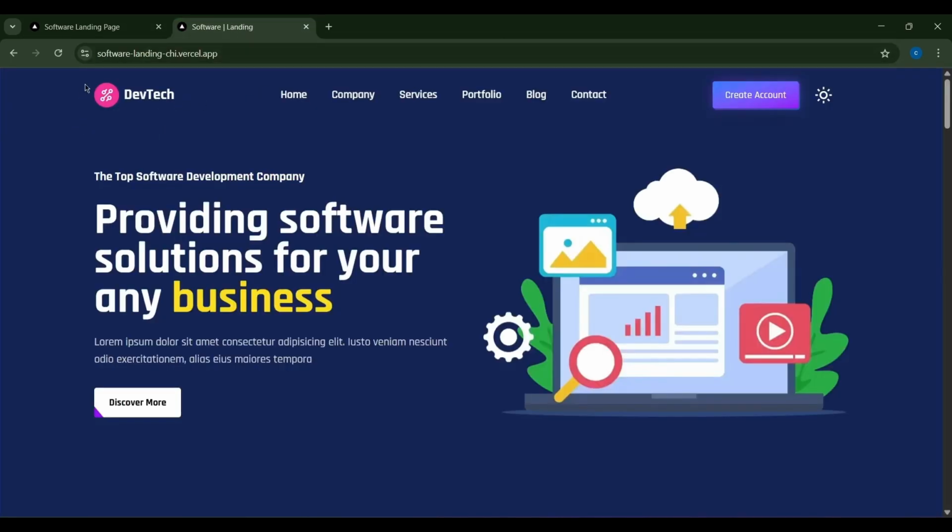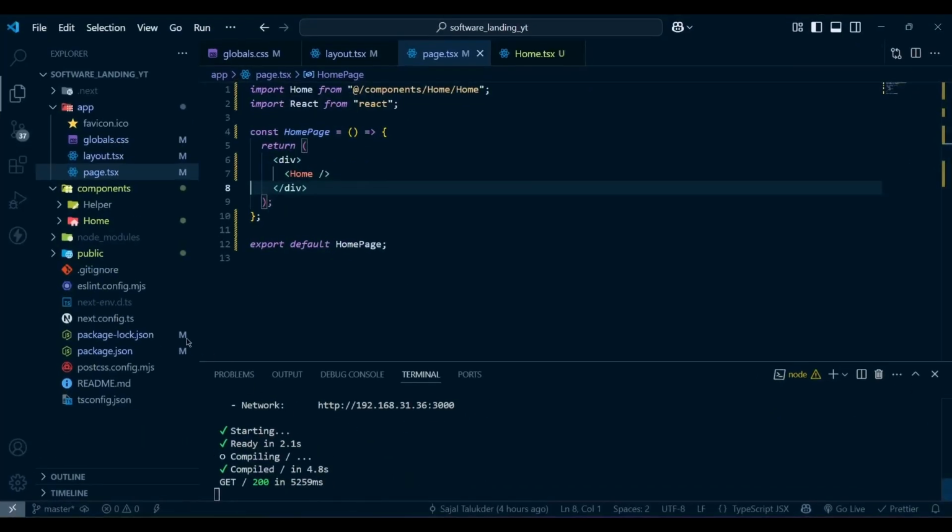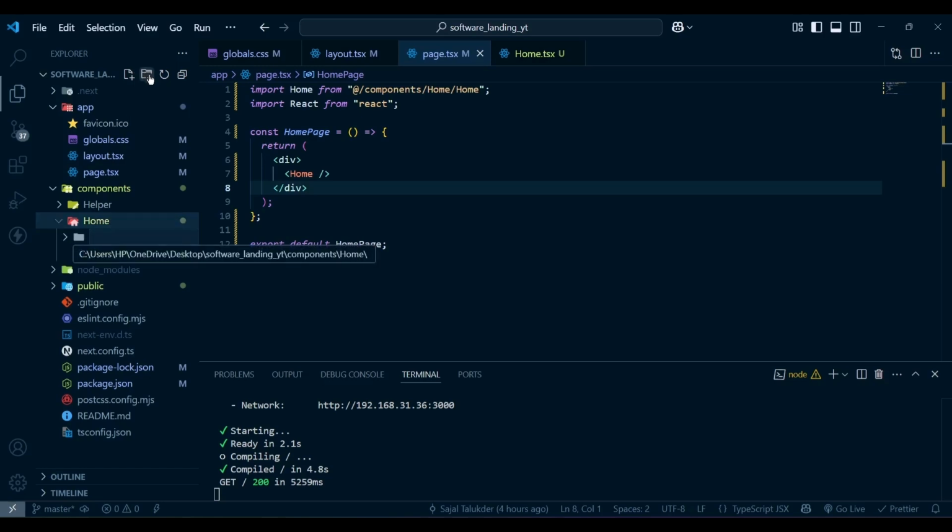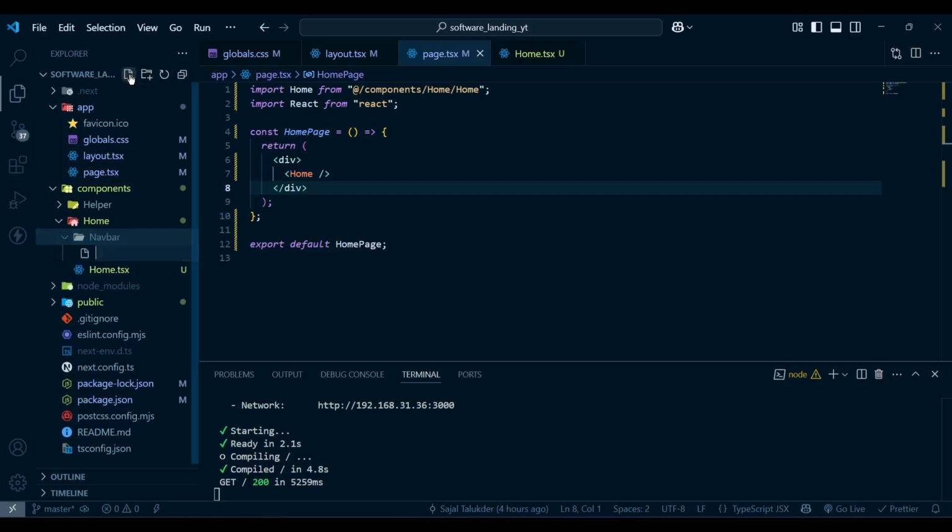Now we are going to build the navbar. If I show you the navbar in the deployed version, here you can see we have a logo, we have some nav links, we have a button for create account, and we have a theme toggler. So now we are going to build this navbar. For this, I'm going to create a new folder inside my home, and I'm going to name this navbar. And inside this I'm going to create three files. First one is